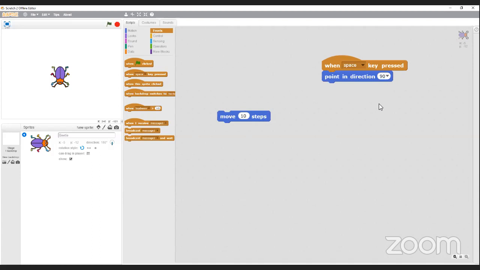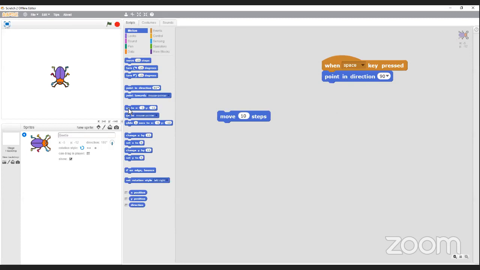So I'm going to point the direction to the right. And also we need to move the little sprite to the center of the screen. So x is equal to 0. And